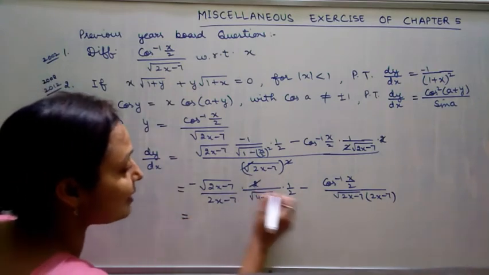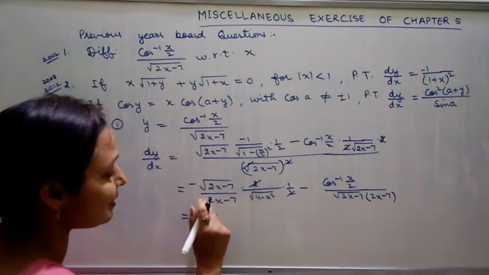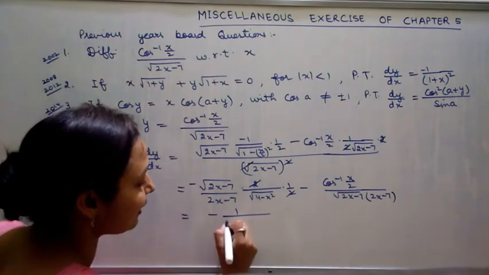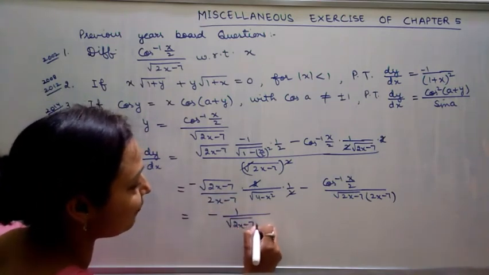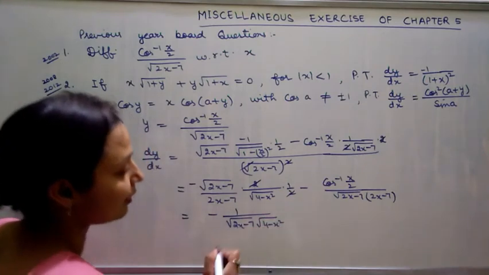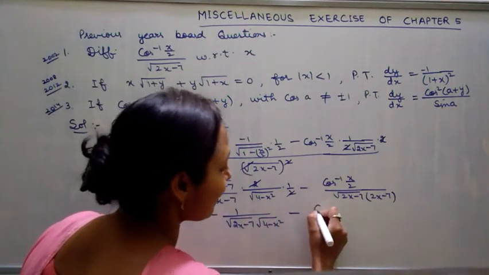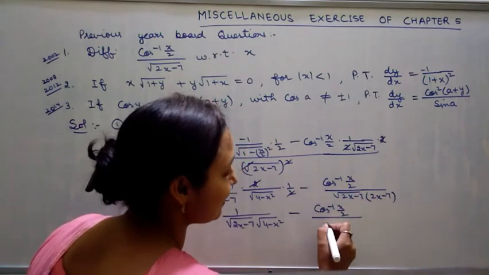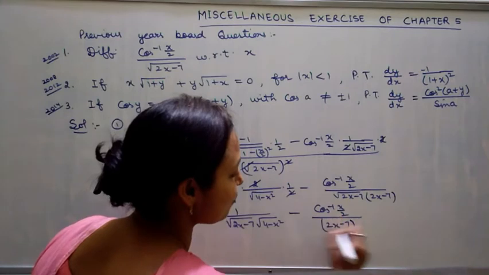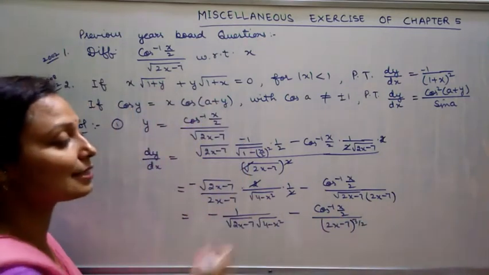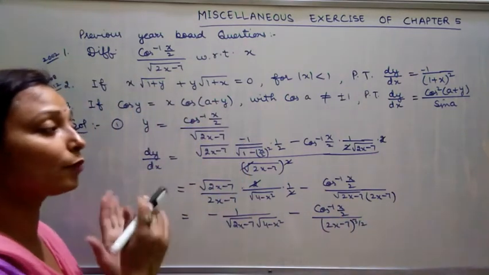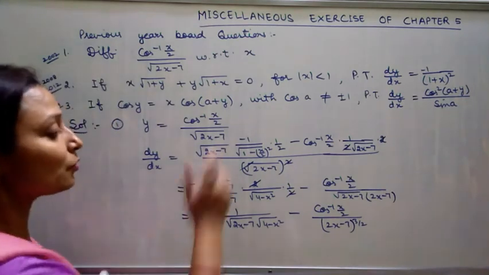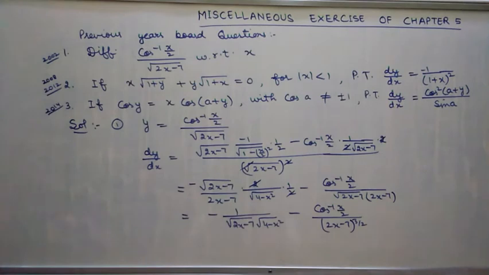You can write it as 2 and 2 will cancel, minus. This means 2 times under root, so 1 under root will cancel with 1 under root. It is equal to 2x minus 7 and 4 minus x square. Okay, here we are. The value is x by 2 and this is 1 by 2 plus 1, that is 2x minus 7 raised to power 3 by 2. So this is the way to solve this question. Its weightage in the board exam is either 1 mark or 2 marks. This is a very simple way to solve it.